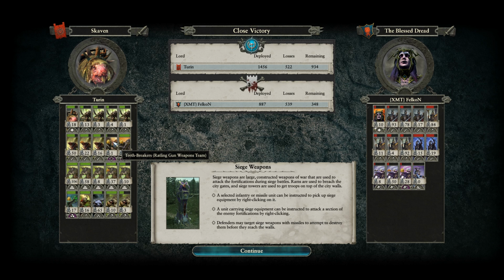But it's pretty funny. In all my games, the Teethbreakers get 1 or 2 kills, but even still, they did a ton of damage. You guys saw they were able to suppress the Charybdis and really put a ton of hurt on the Supreme Sorcerers. So hopefully you guys enjoyed this game between the Skaven and the Blessed Dread,